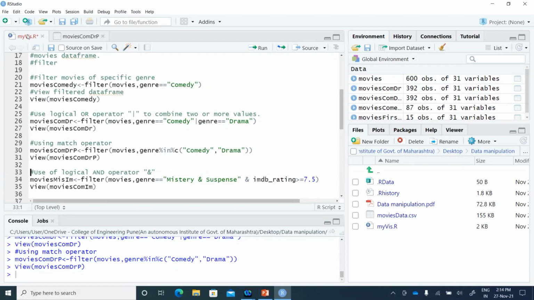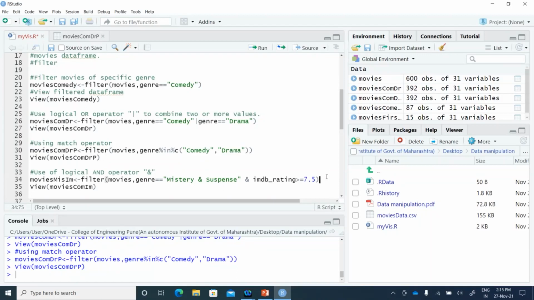I want the movies with higher IMDb ratings and I want the genre to be mystery and suspense. So the command is filter of the movies data frame, genre equal to mystery and suspense, and this is the logical AND operator, IMDb rating greater or equal to 7.5.